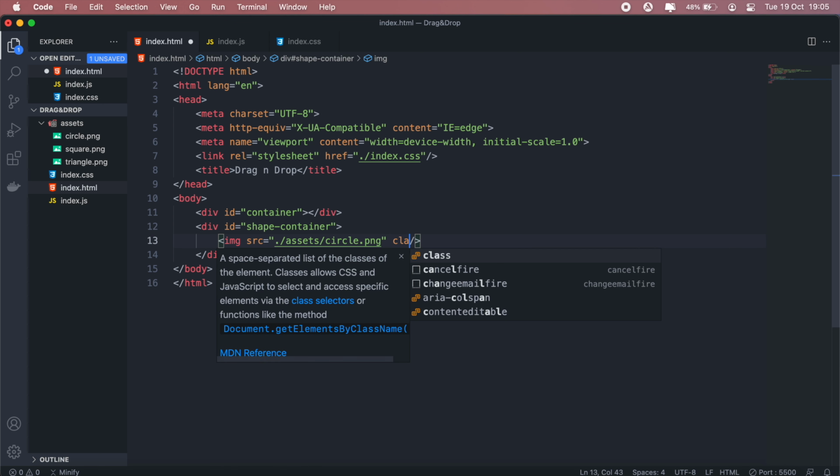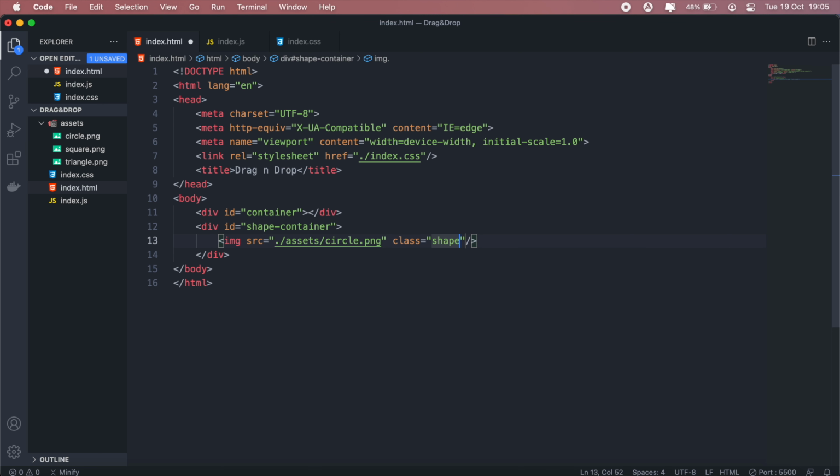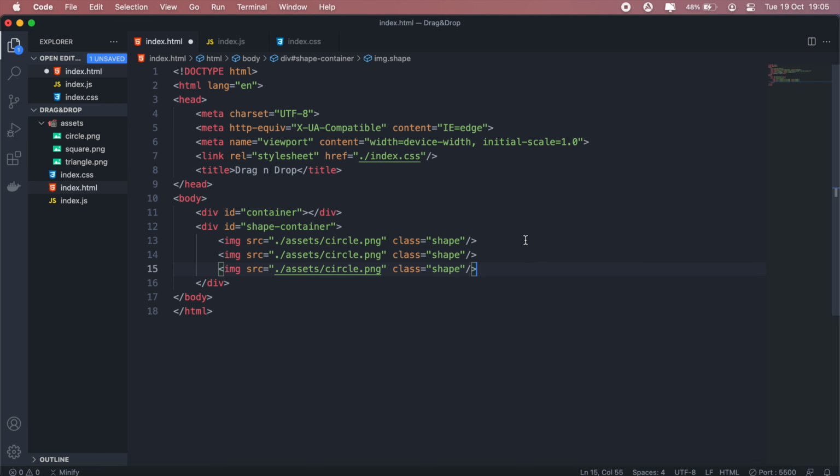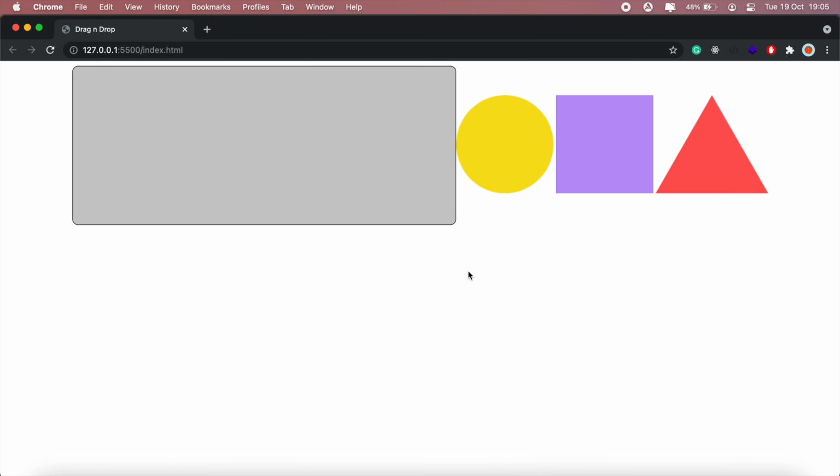Then let me give this a class of shape. Okay, so